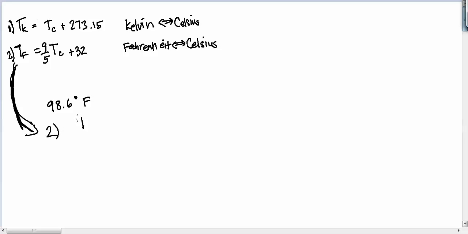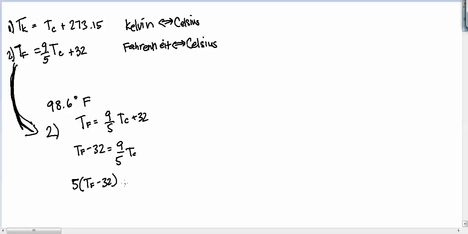So this says T of Fahrenheit is equal to 9/5 Tc plus 32. If I want to solve for Tc, I need to subtract 32 from both sides. So I've got T of F minus 32 equals 9/5 T of C. And then I'm going to multiply by 5. I get 5 times T of F minus 32 equals 9 times Tc. And I'll divide by 9, and I get Tc equals